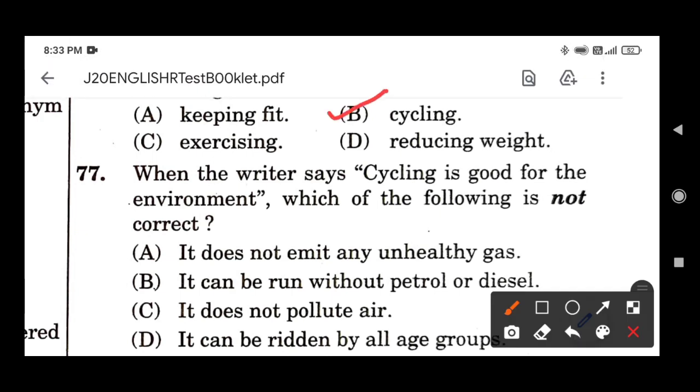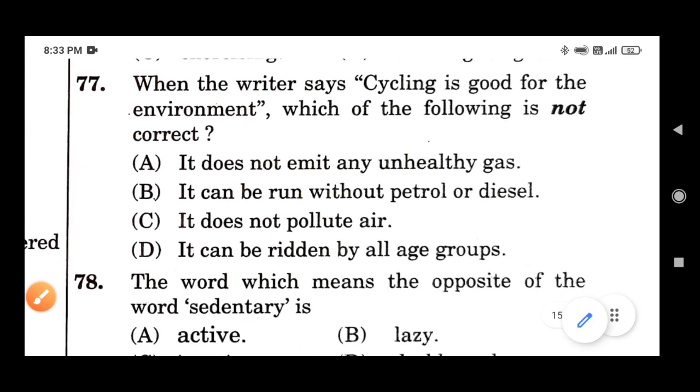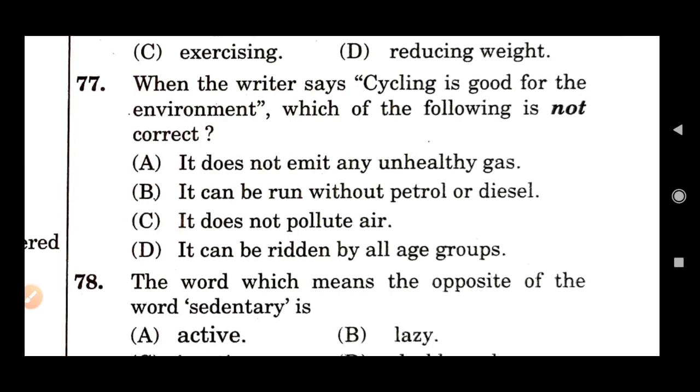So the option is B. And the next question, when the writer says cycling is good for the environment, which of the following is not correct? See, dear friends, sometimes which of the following is correct? Not all the way these kind of questions will come. Sometimes which of the following is not correct